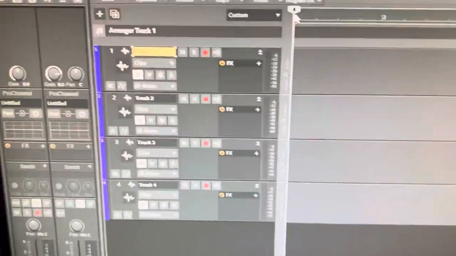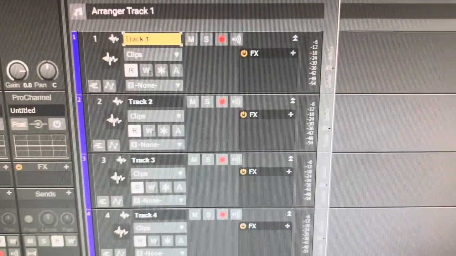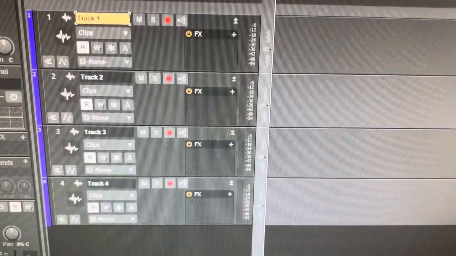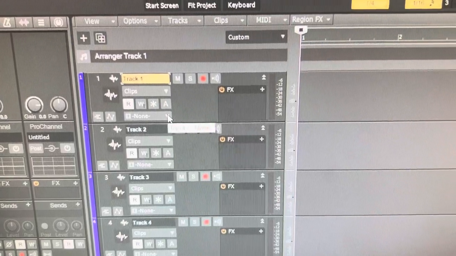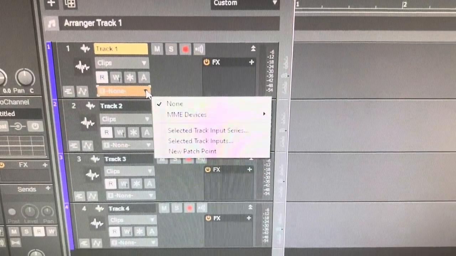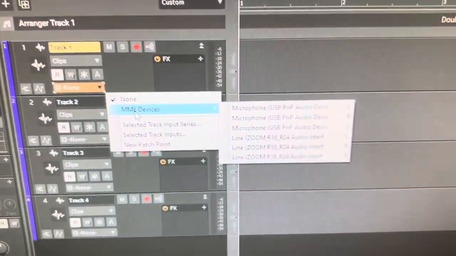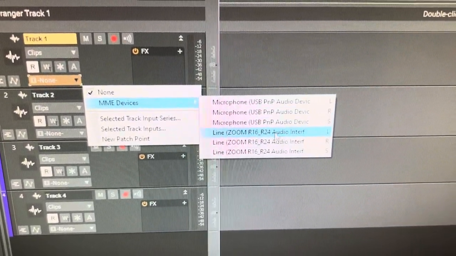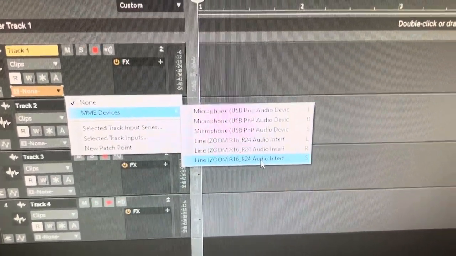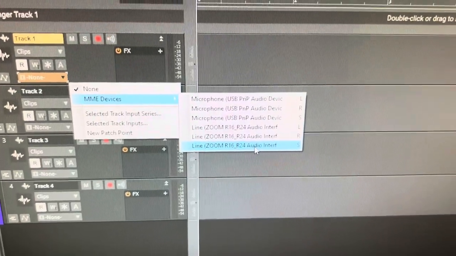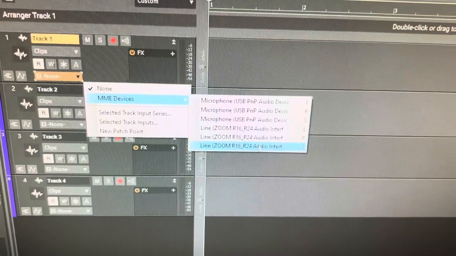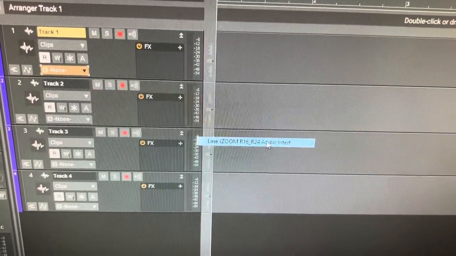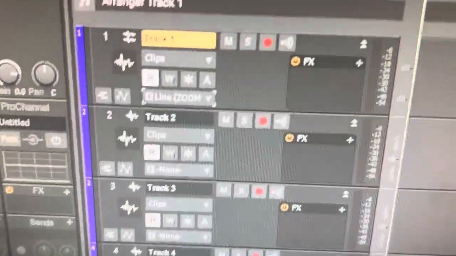All right, so now that everything is ready, the first thing we're gonna do is go to our track, and we're gonna hit this little button at the bottom called None. We're gonna hit the arrow key, and from there we're gonna go to MME devices, and right there we have our Zoom. So once that's done, you just pretty much click on the respective track that you're looking for. In this case, I'm just gonna go S. And now we have the Zoom. So now when I play the keys,